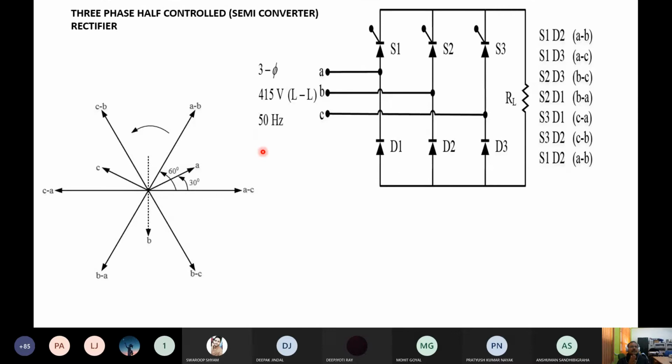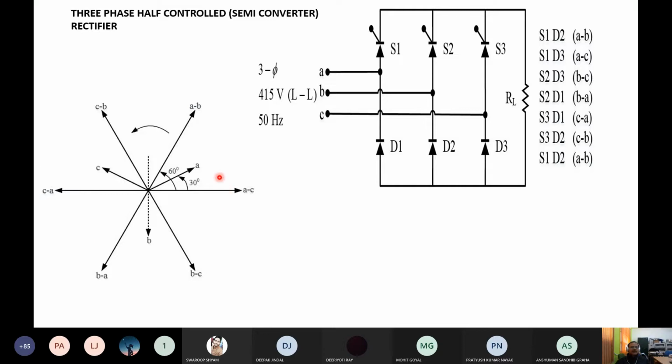Now we'll go to bridge converter. So you understand these things. These are the phase voltages. From phase voltage, we will draw the line voltage. This is AB. Opposite of this is BA. Okay. This is AC, CA, 0 here because at this particular instant, AC and CA are 0 because A and C are equally positive. Okay. This is CB. Opposite is BC. So vectors are rotating in the anti-clockwise direction.